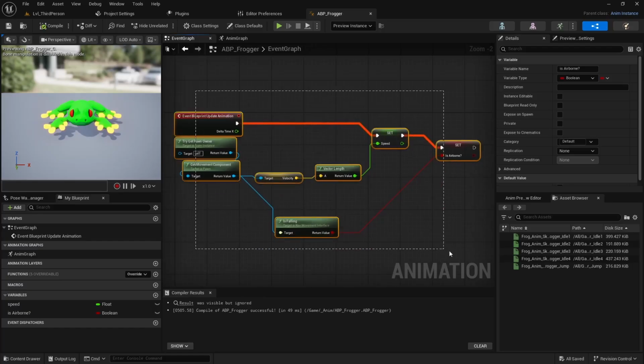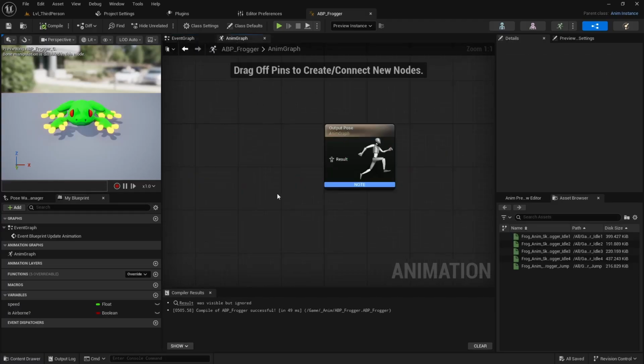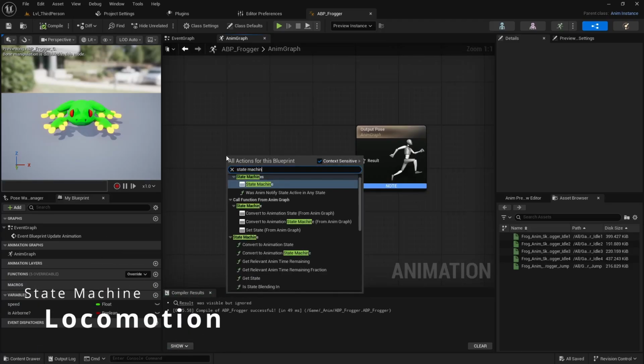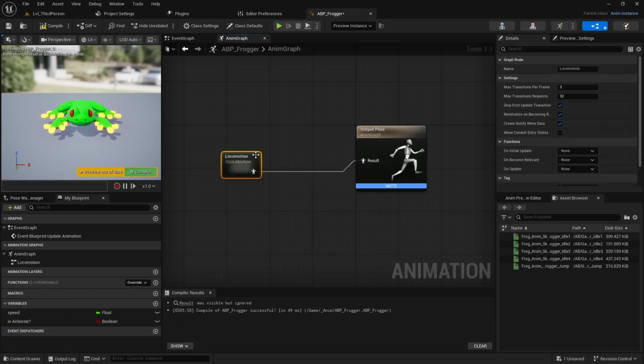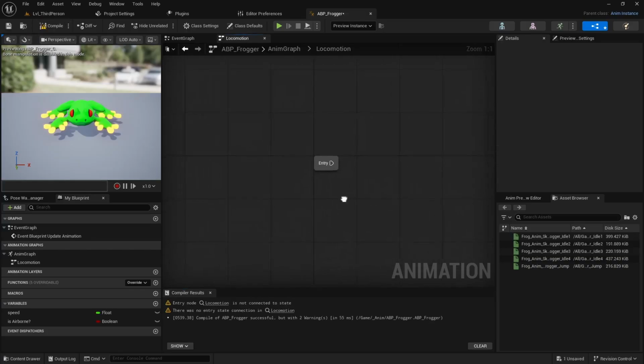And this is just driving the logic of the animation blueprint to populate some variables that we can use creatively in the anim graph to switch between various animation states. So let's go ahead and show you what that looks like. So we'll go to the anim graph, we'll create a new state machine. And then I'm just going to simply call this locomotion. We can pass this in to the result, hit compile, and then we just double click on locomotion